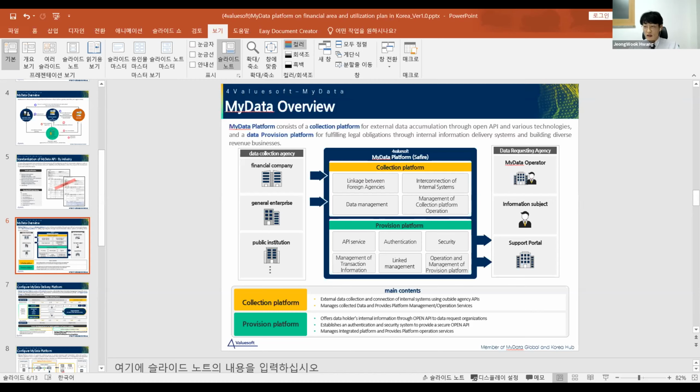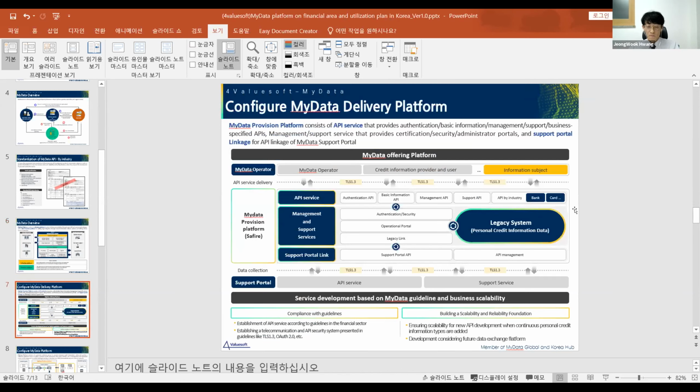Fabianek is a company that specializes in research on the development of Mydata platforms. Since the Mydata collection platform is highly variable depending on the environment of the agency and company, I would like to focus on the legally mandated provision platform.